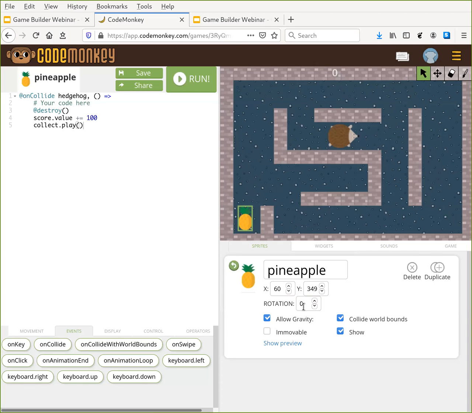It lets us edit some things, including the name and some other things about it. We also get this duplicate button, which lets us duplicate the pineapple and any code that goes along with it, which means this new pineapple that I created is going to act just like the old pineapple, including playing a sound and getting destroyed and adding to our score when it gets picked up.